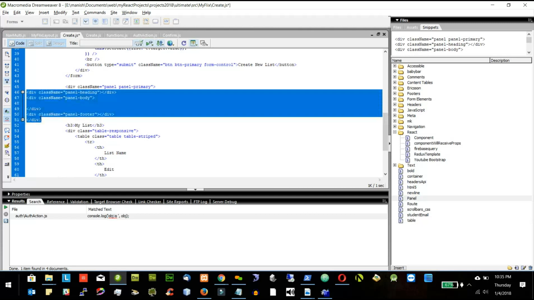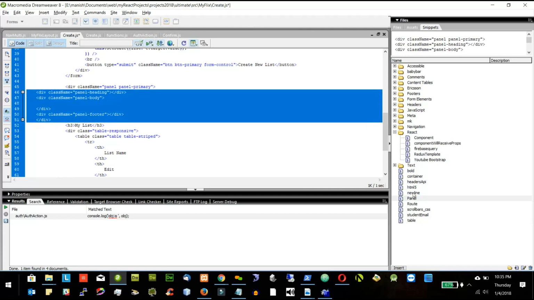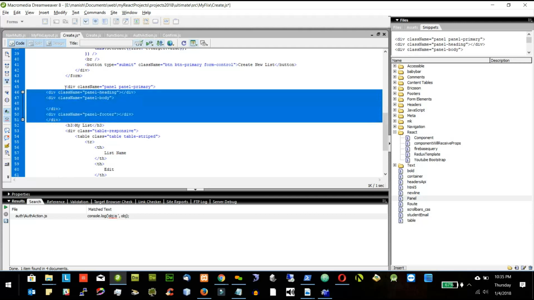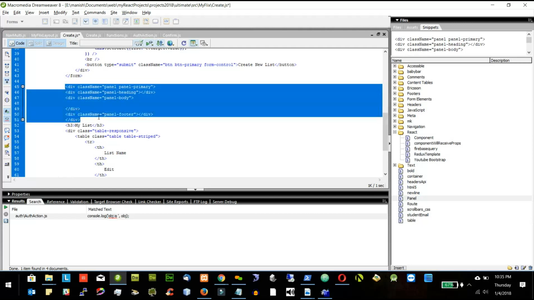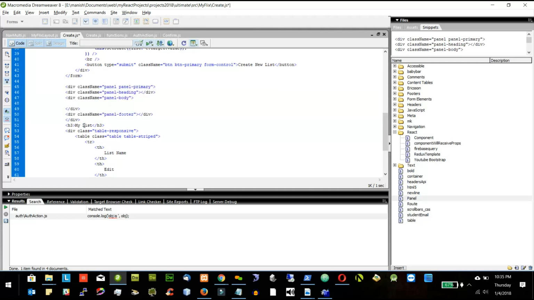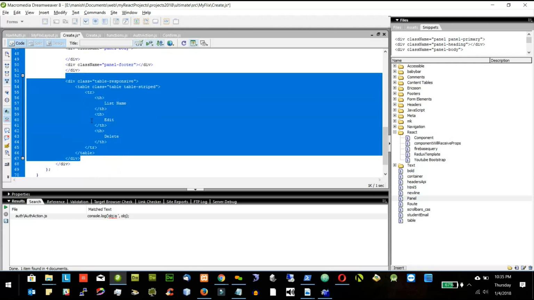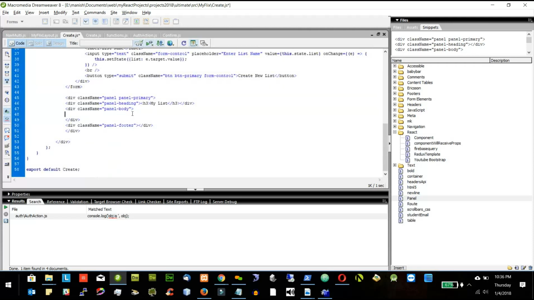These are the shortcodes I created on the right side, so that when I click it, it should automatically generate Bootstrap code. You can get this code from the Bootstrap website, but I took it from the website and created a small shortcode. So here I will say my list, I will put it inside the heading, and this whole table I will put inside the body,